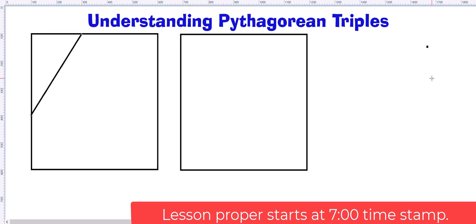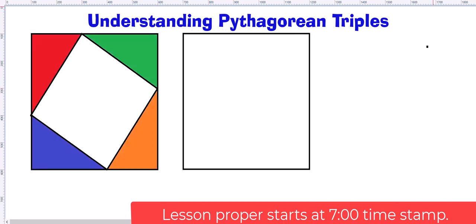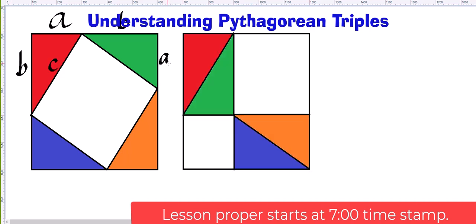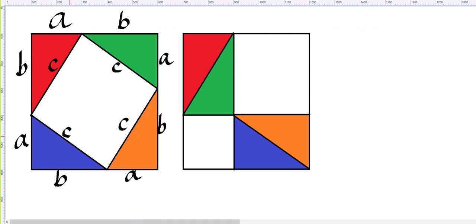We begin by constructing a square with side 5 units. You can easily verify this by looking at the horizontal and vertical rulers in the screen. You can see here that we have constructed a big square with side equal to a plus b. You can actually see that a equals 2 units and b equals 3 units. And this is consistent with the fact that the side of the big square measures 5 units, which is 2